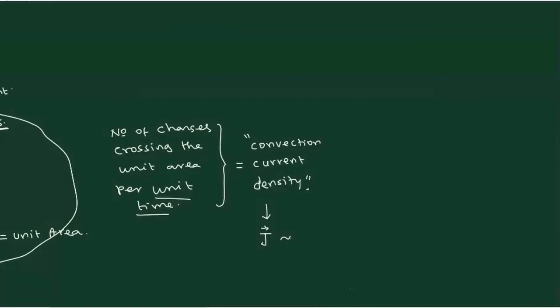Okay. So J, capital J will be like this, number of charges crossing the unit area. So how do you write it? Number of charges, you write COUL, that means that many coulombs. Then crossing per unit time. So since there is a per unit time, you put a second here. And then per unit area is there. So per unit area means 1 divided by area. So I will write meter square. So that gives you coulomb divided by meter square into second. So that will be the dimensions of the convection current density.